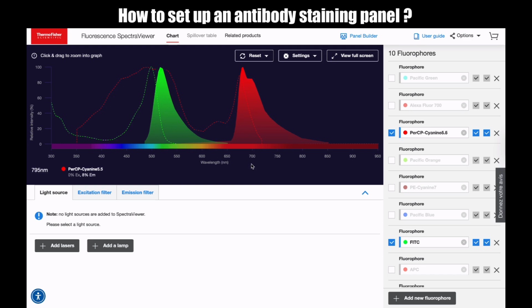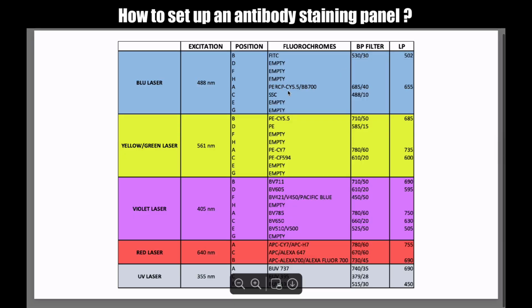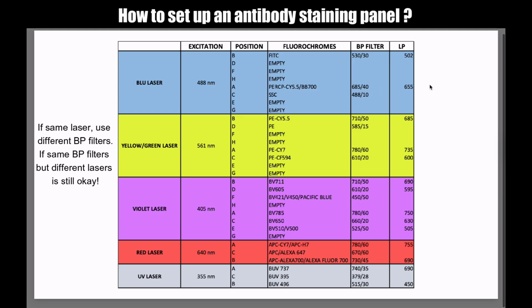Okay, they are quite distant, so it should be fine. They are excited by the same laser, but as you can see they have a different bandpass filter. So for FITC it is 530/30 and for PerCP-Cy5.5 it is 685/40. This is essentially what you have to check for all your fluorochromes. So the laser could be the same, but if that's the same, you will want to use a different bandpass filter. It cannot be the same, right?